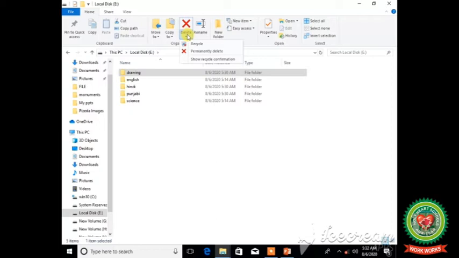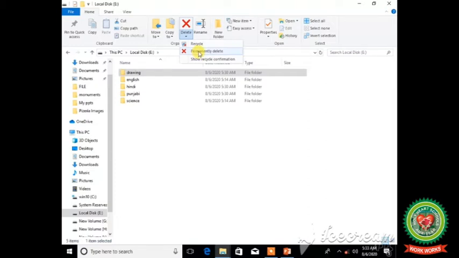From here, you can observe that we have 2 options. First one is Recycle and second is Permanently Delete. Students, it is up to you whether you want to move your deleted file or folder to the recycle bin or you want to delete your file or folder permanently, which means it will not be restored from the recycle bin.